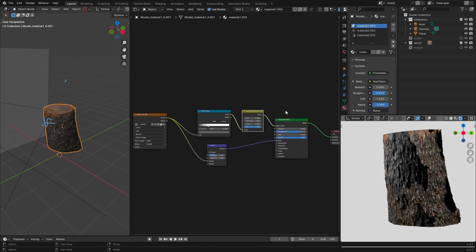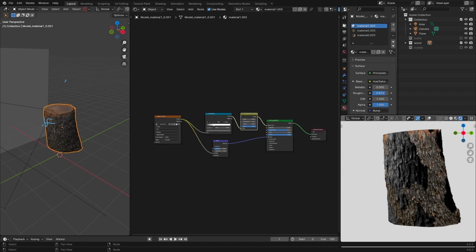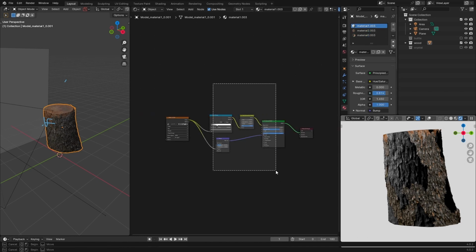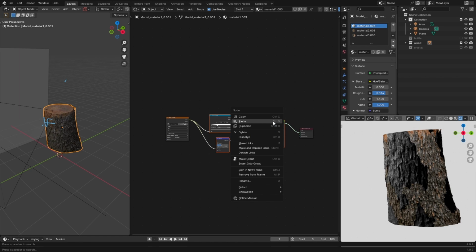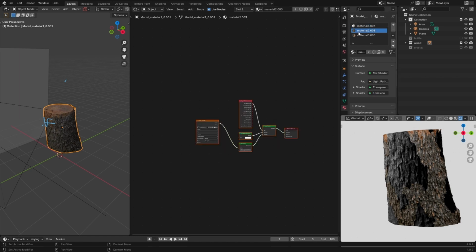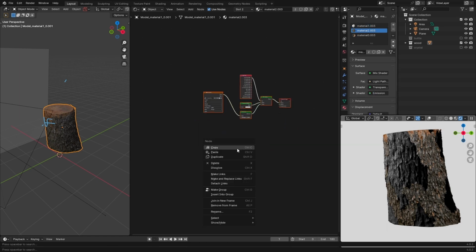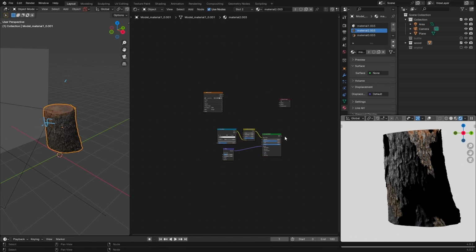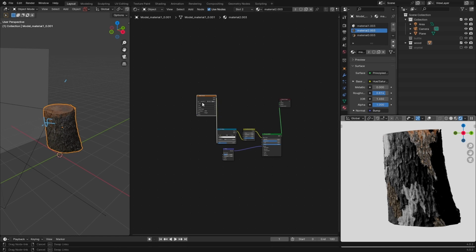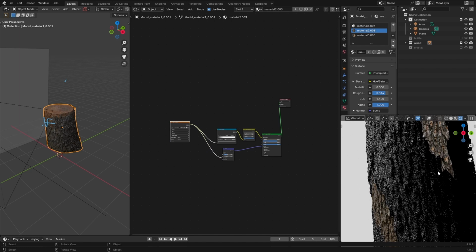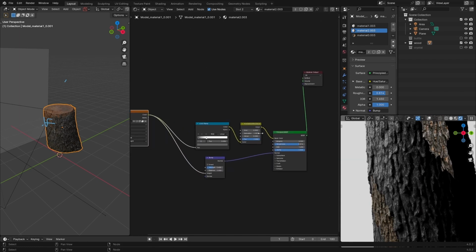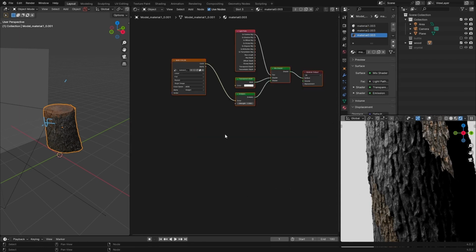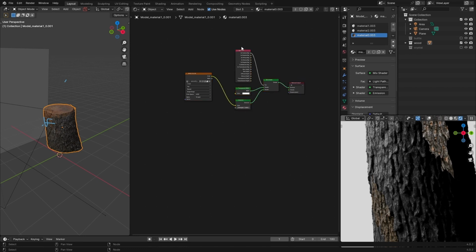Now we need to apply this node to all. So select it, left click, copy, go to here and paste, delete this one, connect this one to here, this one to this one, and the color into the height. Alright, perfect. Same thing, and delete this one,